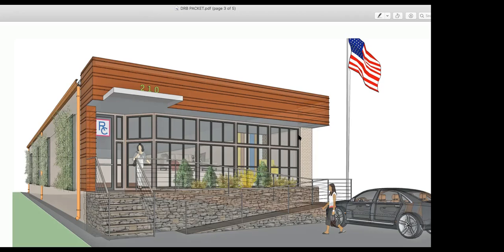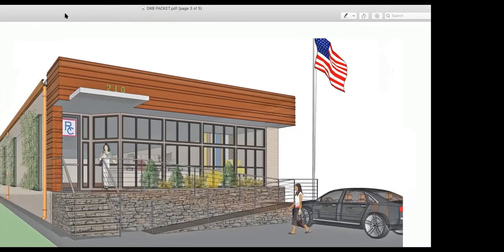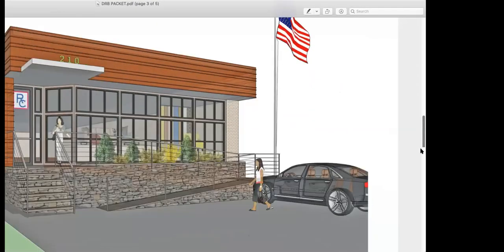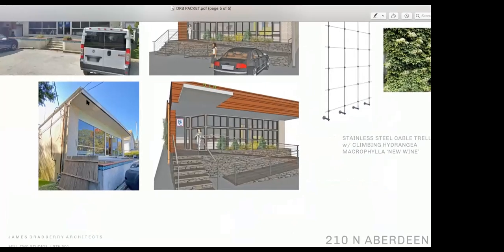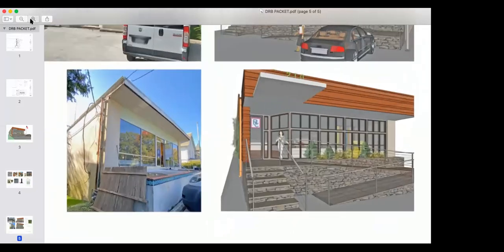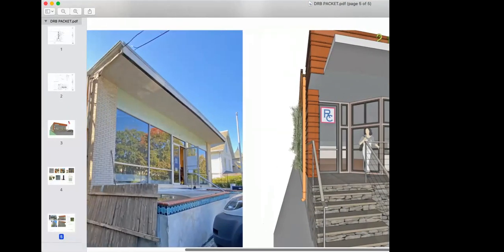Yes. But both the existing building, I think you can see in that old photo, that brick only turns maybe 30 inches, and then it's stucco. So if you look at the existing, you're asking about the north facade, but if I just zoom in on the south, it's kind of a mirror image. It turns to stucco pretty soon,